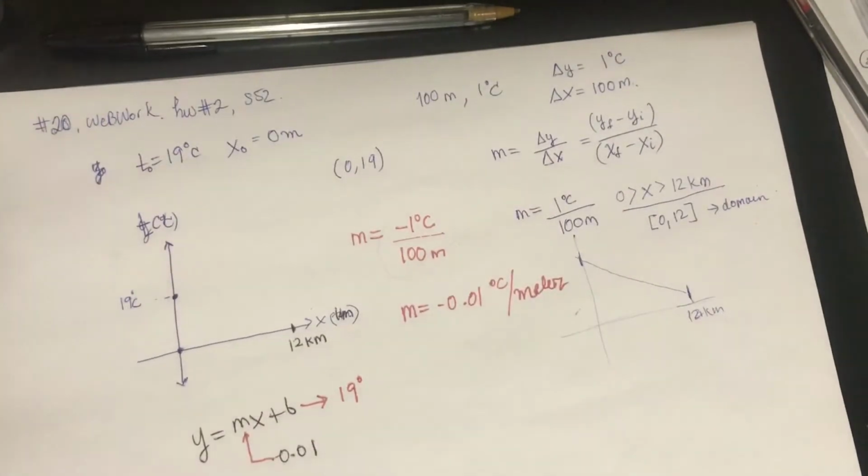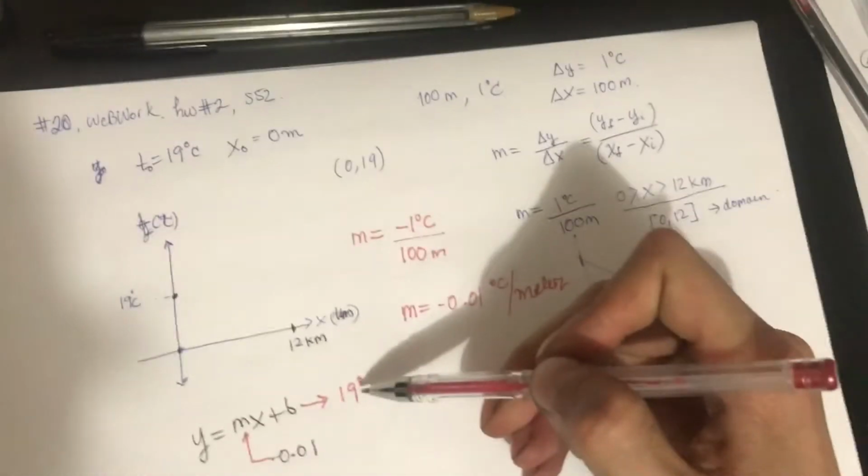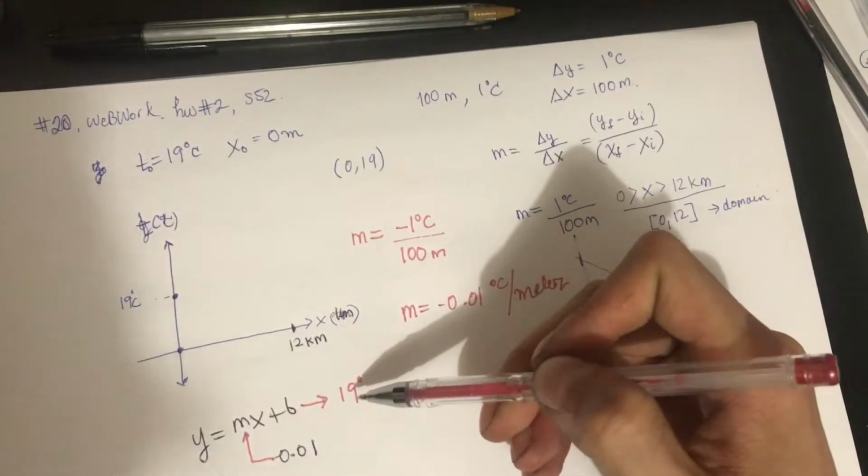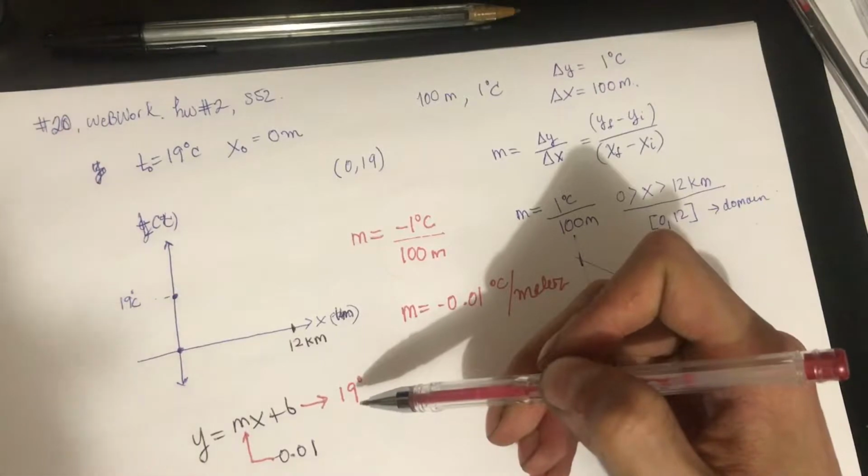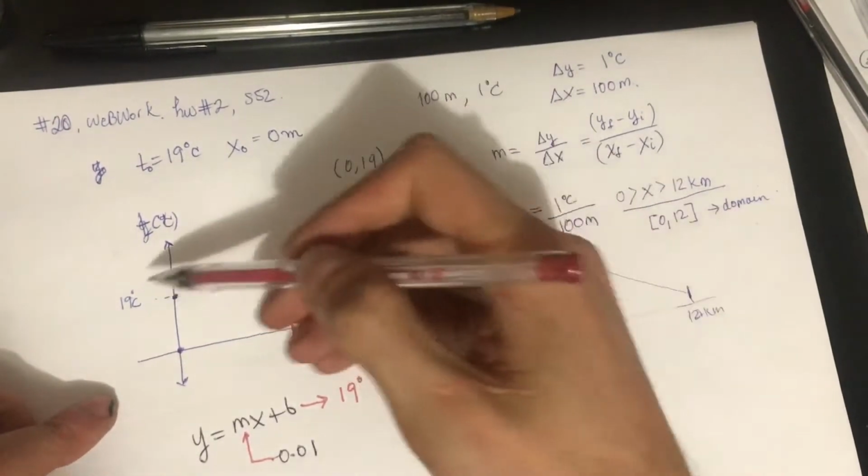Because whatever happens to my function is going to change from this point on. So 19 plus something or minus something, that's going to give us the behavior of the graph,